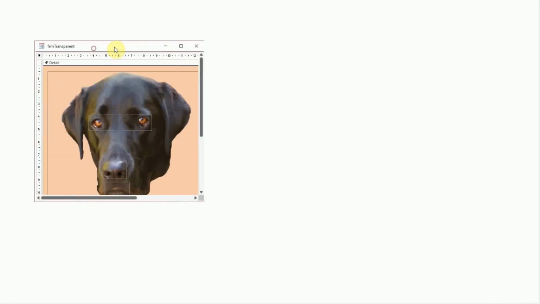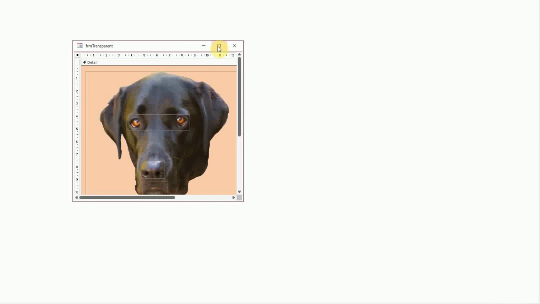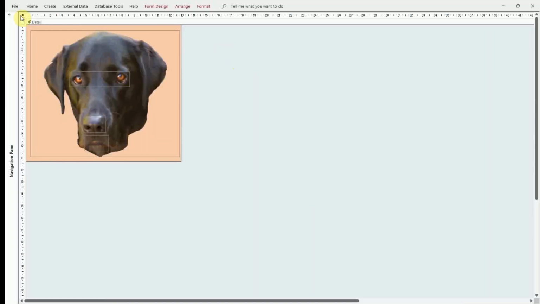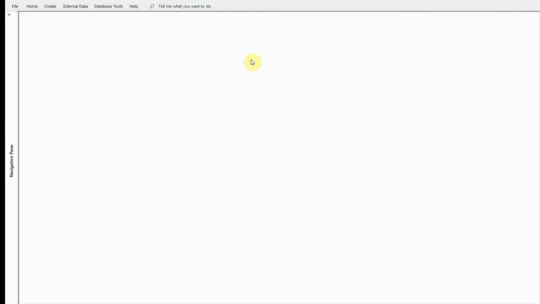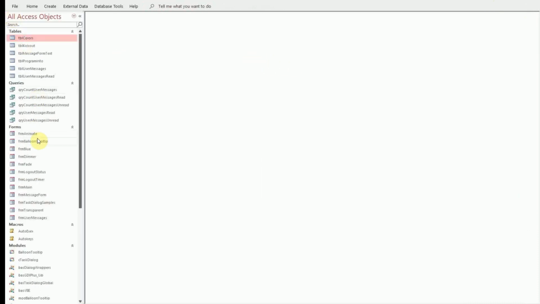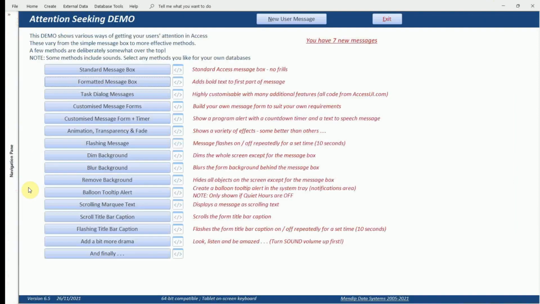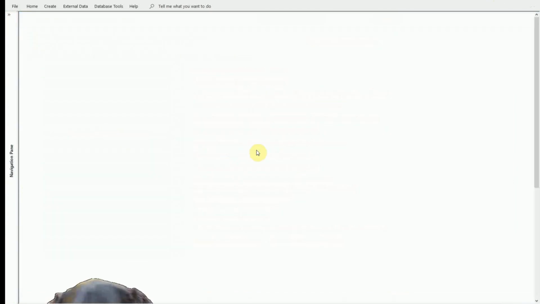As well as that, then, if I go to design view, okay, you can see it is a form with transparency. Okay, so an image, all of the stuff in the background there isn't shown. I'm going to close that. I'm going to go back to where I was before. I'm afraid I'm just going to have to reanimate the dog,